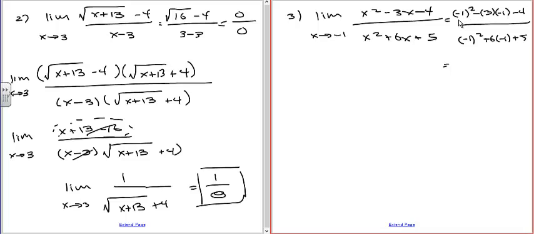Okay, so that's plugging in -1. So you get -1 squared, which is 1. Then you have 3 here, positive 3, because you got negative times negative. So you get 1 plus 3 is 4. 4 minus 4 is 0. And likewise in the denominator, you've got +1 minus 6 is -5, plus 5 is 0. So again, it's indeterminate and they're polynomials, so we're going to use, in this case, the canceling out technique,